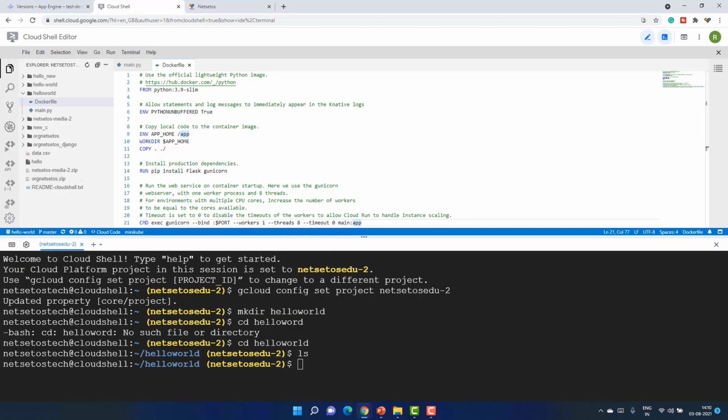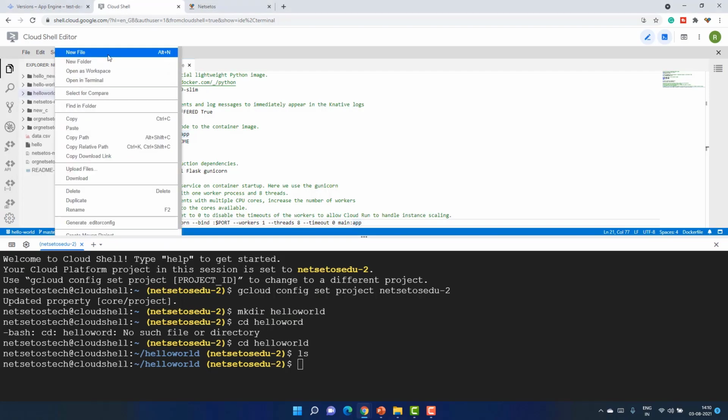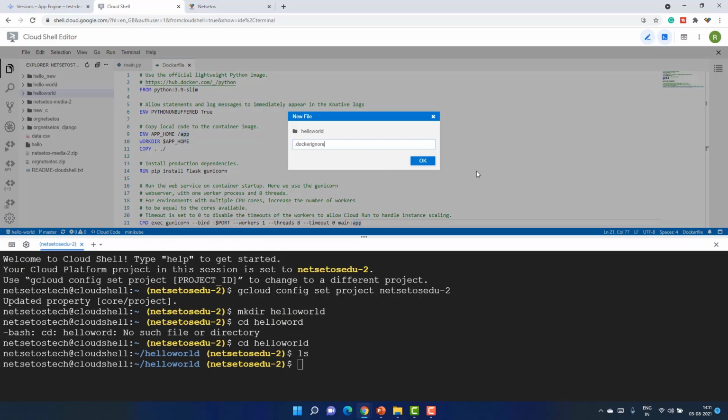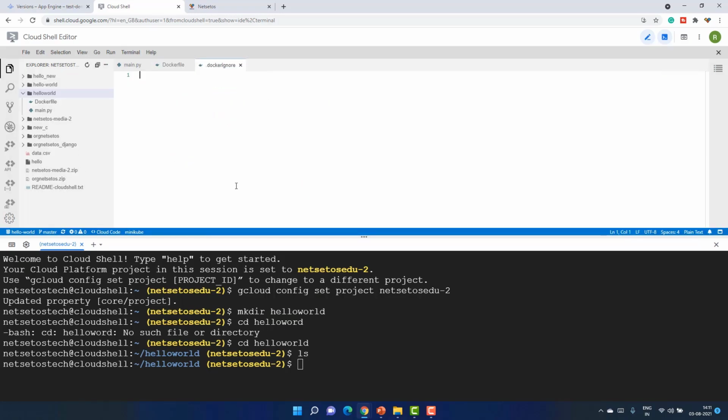So again we have to create one more file, that is .dockerignore. We are saying don't take certain types of files or extensions here. This is like boilerplate code, so we just have to give some file names here, like Dockerfile, README.md, or any .pyc, .pyo, .pyd, __pycache__, or .pytest_cache. These are the files that we need to ignore while creating the image. Right now we will build our container image using Cloud Build by running the command.